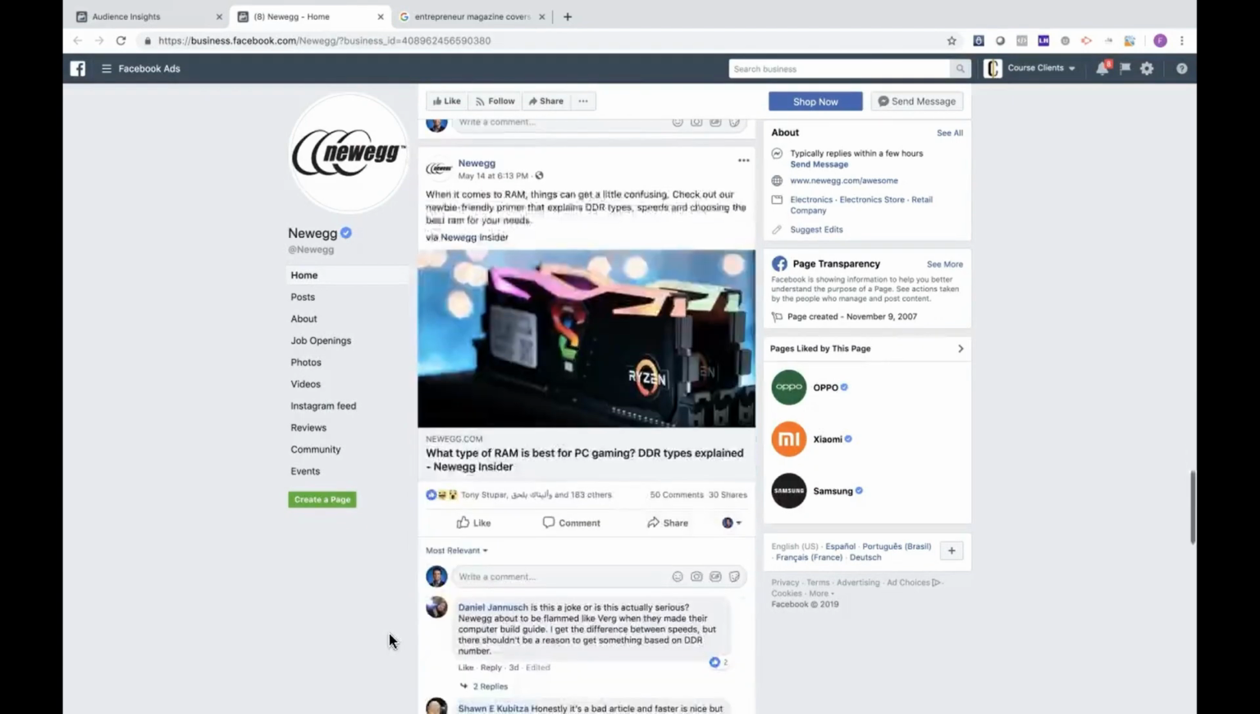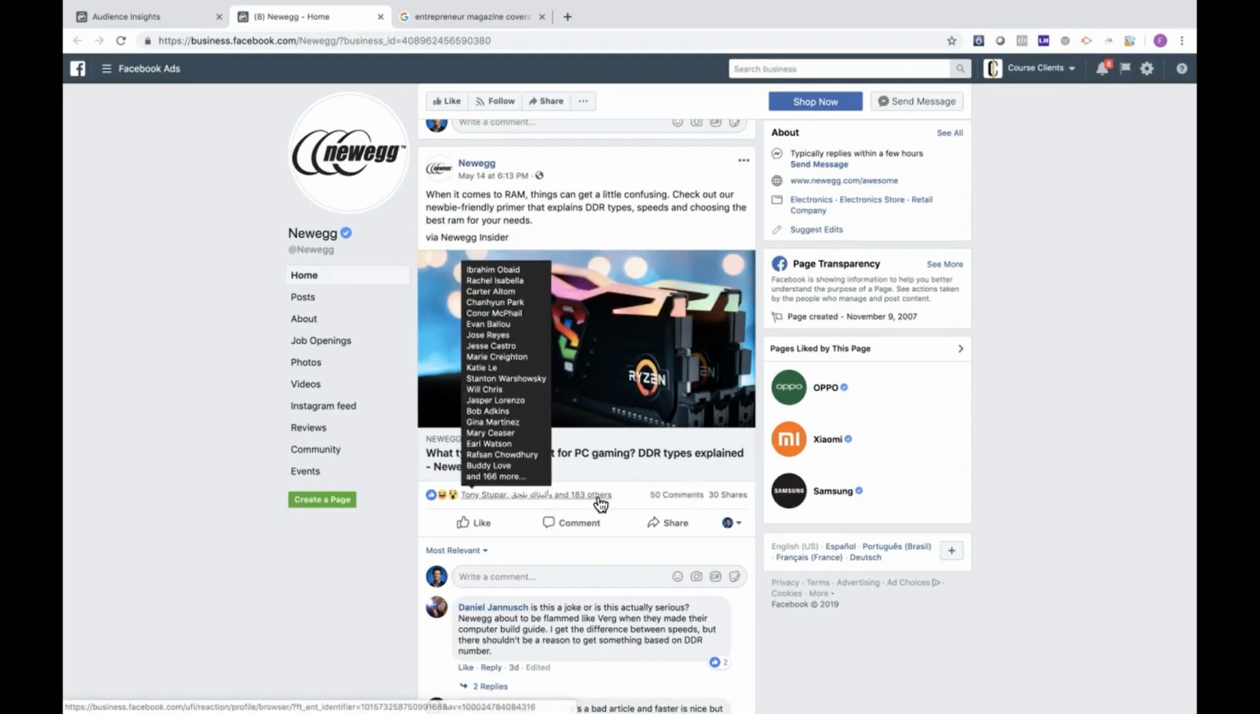34. 183 for this. All right, when it comes to RAM, things can be a little confusing. Check out our newbie-friendly primer that explains DDR types, speeds, and choosing the best RAM for your needs. Interesting. And then they link to one of their pages. Take a look at 138